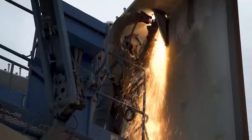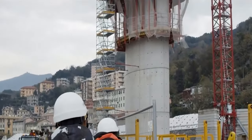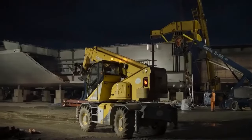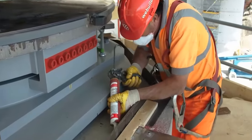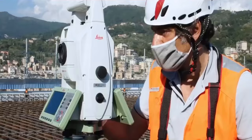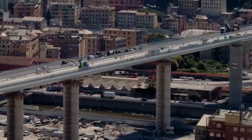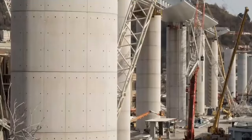The Genoa-San Giorgio Bridge, also known as the Viadotto Genova-San Giorgio, stands as a remarkable motorway viaduct spanning the Polcevera River and the districts of Sampierdarena and Cornigliano within the city of Genoa, Italy. This impressive structure is the brainchild of renowned architect Renzo Piano. The bridge holds significance not only for its architectural and engineering prowess, but also for its role in replacing the